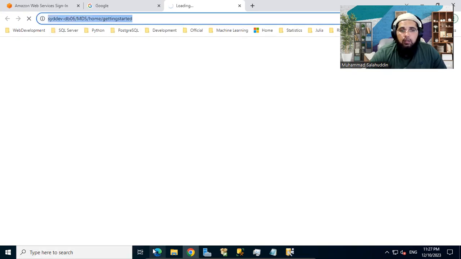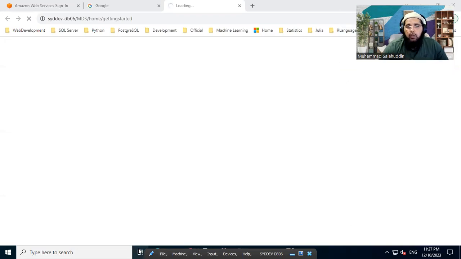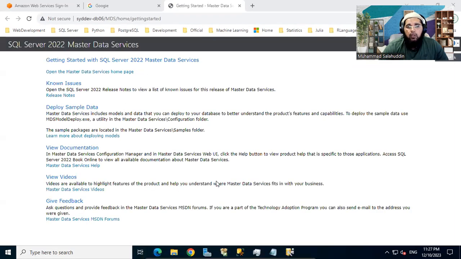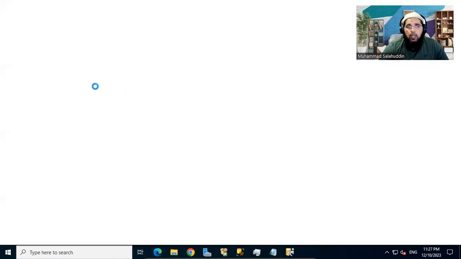And I think it is okay. Let me just open it in Edge as well, because I would prefer to open the MDS in Microsoft Edge. No particular reason, but obviously we are using Microsoft services, so it's better to use the Microsoft browser because it works well in the Microsoft environment. Okay, so it's already working in here, but just to show you,